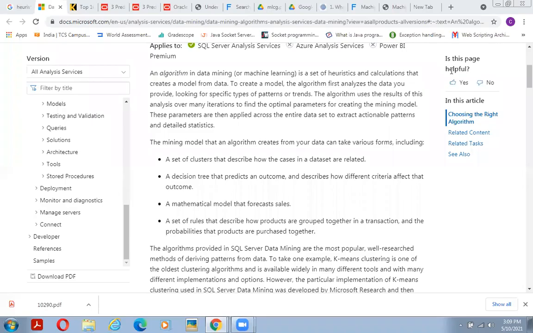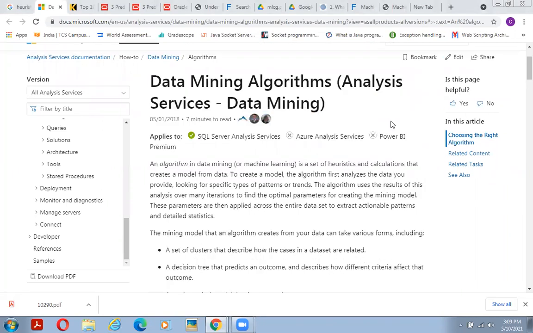See, the thing is, right now this subject is data analysis, and we are focusing on the algorithm part. All right. In the second unit, we have the algorithm part. But before that, I think we need an introduction to what Analysis Services is